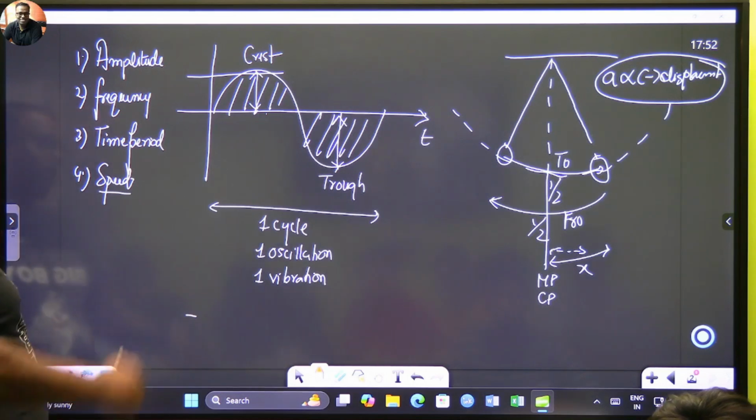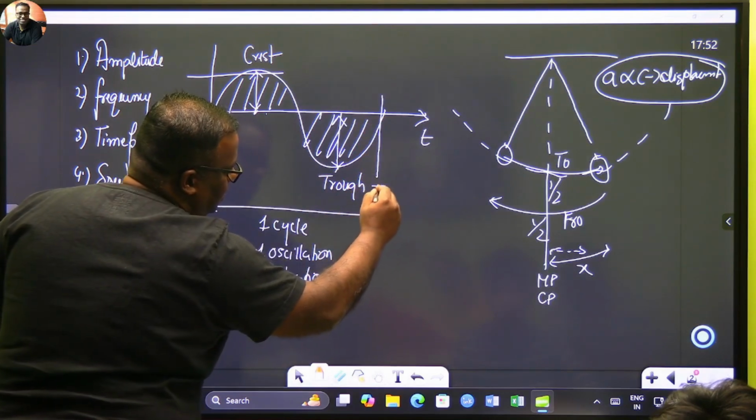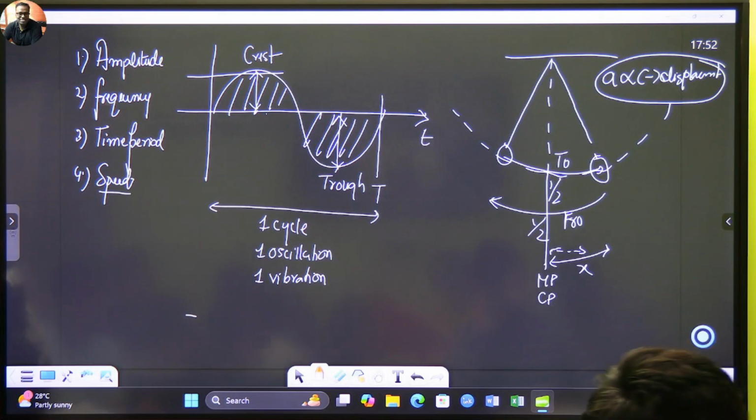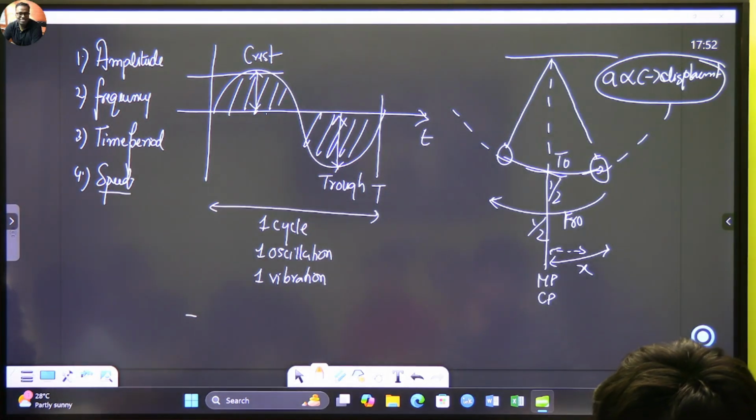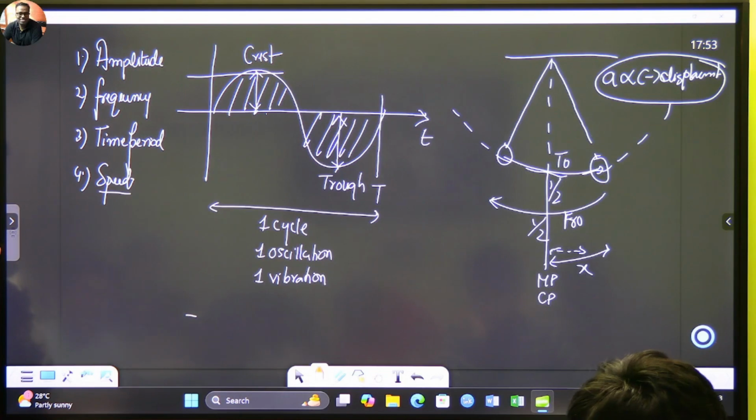Okay. Time taken to complete. अगर ये हमारा t time पे complete हुआ, then t is known as the time period, time taken to complete one oscillation is called time period. एक साइकिल होने में कितना टाइम लेता है, हमेशा पूछो, that is called time period. What is the time period of the earth for its periodic motion? 365 and 1/4 day.